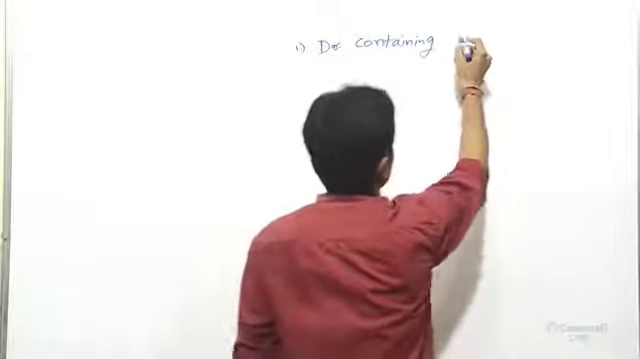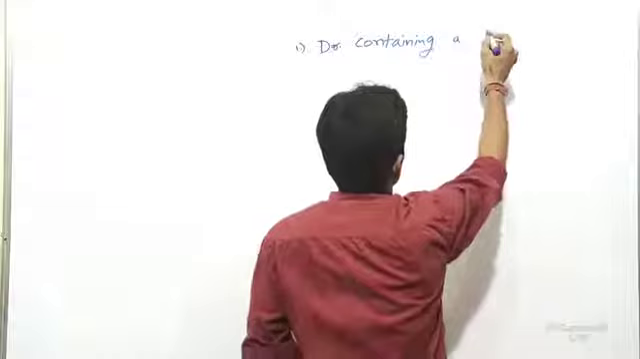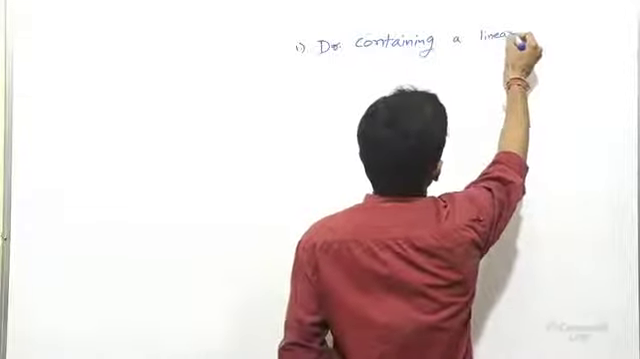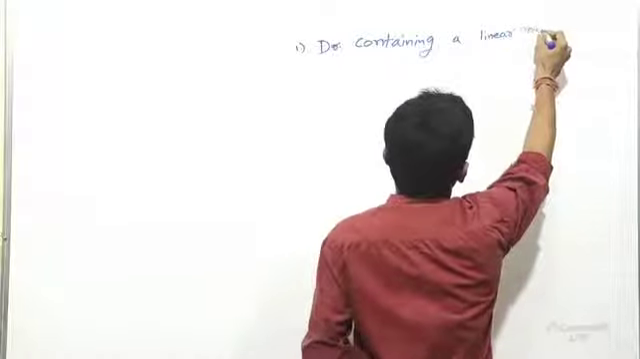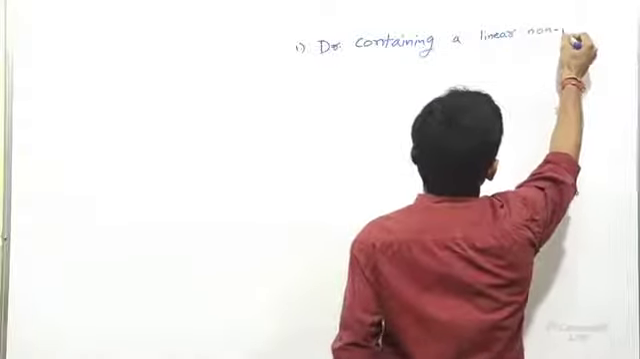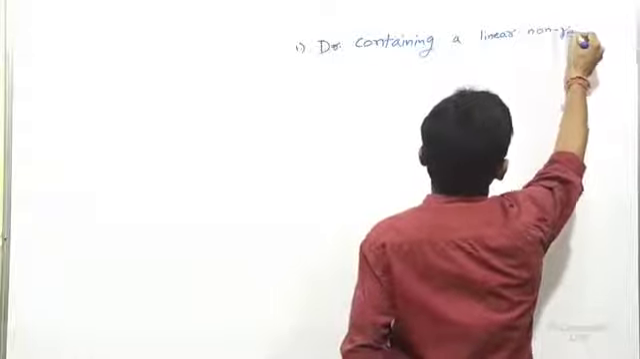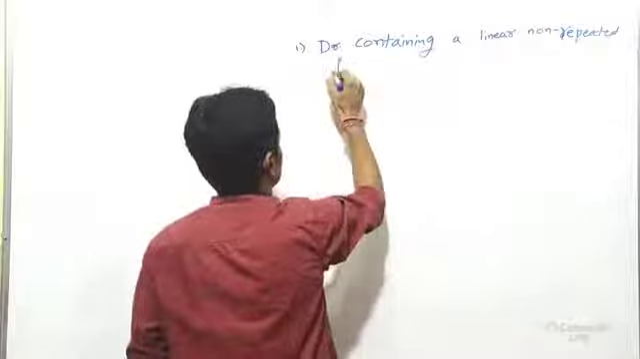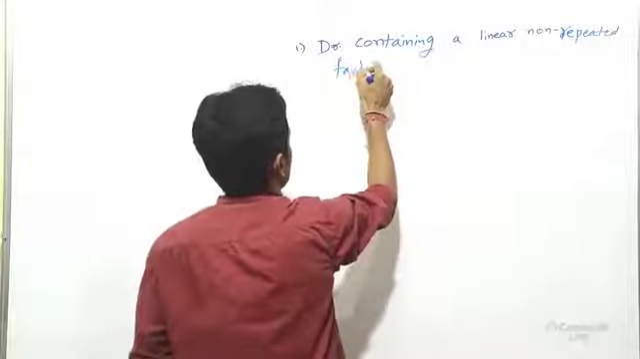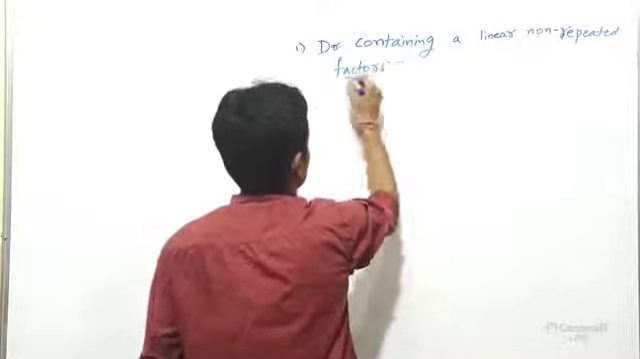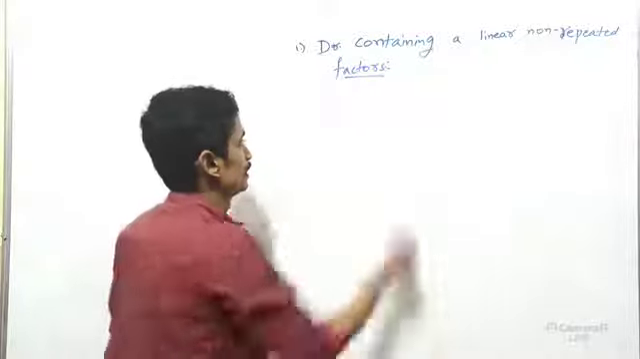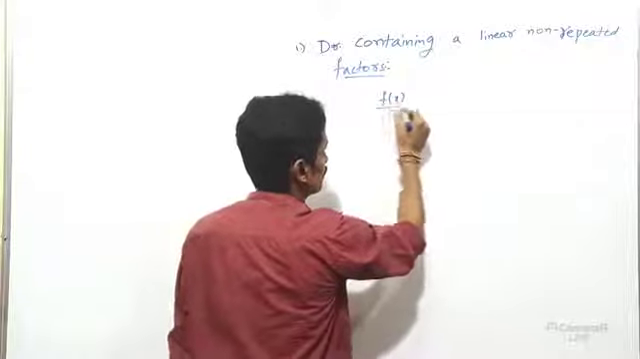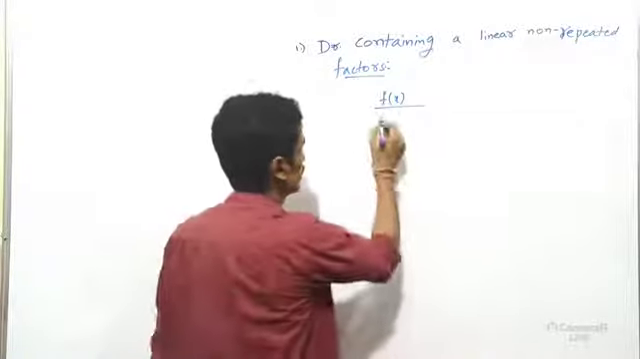Denominator containing a linear non-repeated factors. A linear non-repeated factors. For example, simply I will write the numerator part as f of x, denominator part I will